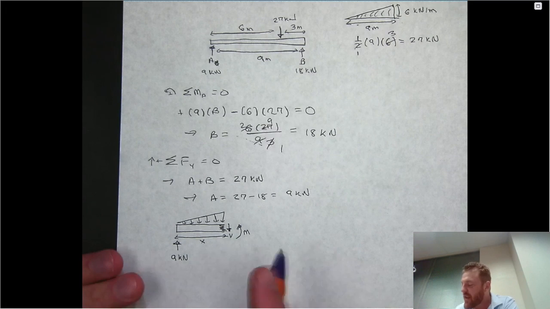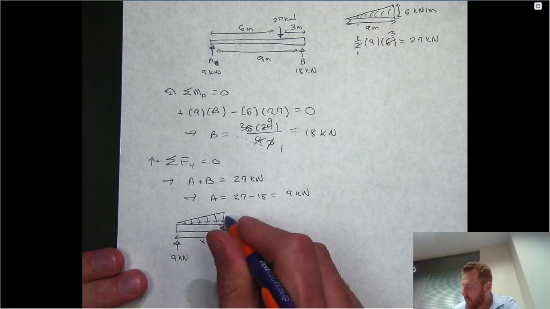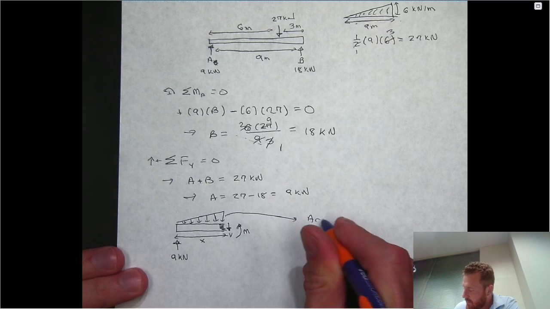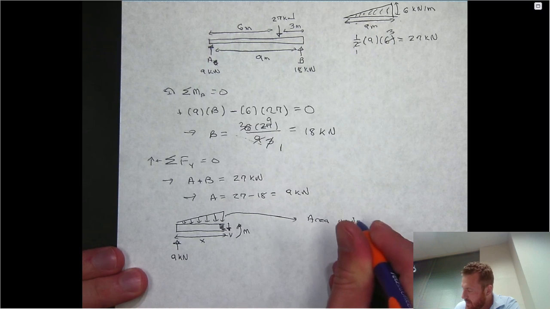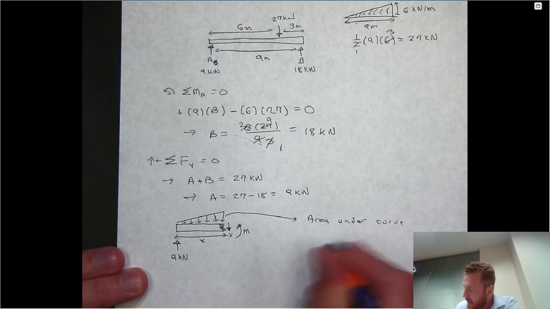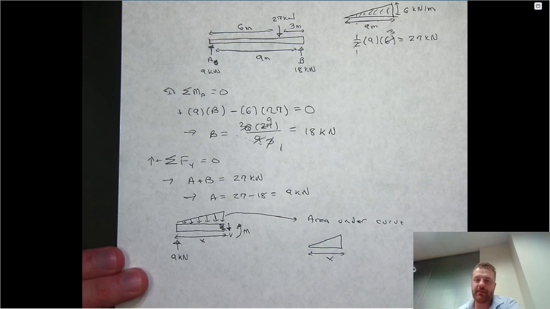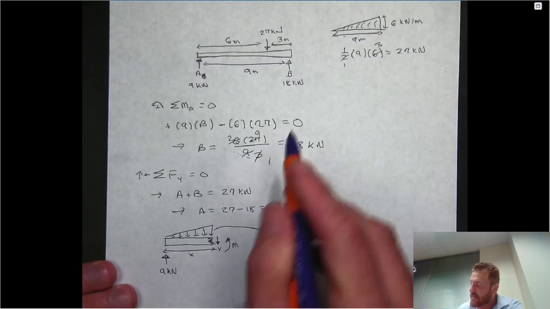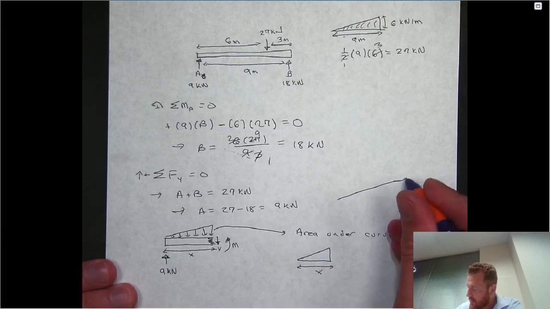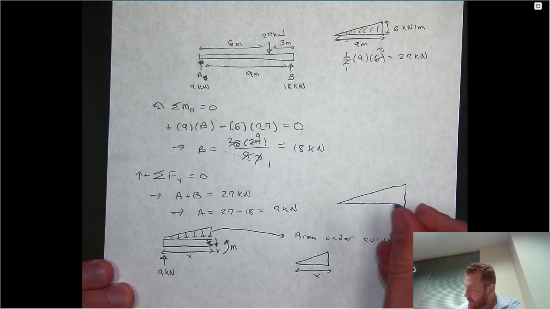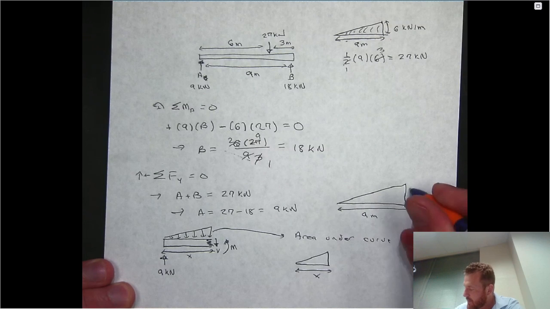Because if you think about it, if you're trying to calculate the area under this curve, what is the area under the curve? Well, it always helps to just start drawing and say, hey, do I have the information that I need? Well, you know that this base is going to be x units long. But the question is, what is the height going to be? Well, remember, if this entire distributed load over a 9-meter span, so this is 9 meters, has a peak value of 6 kilonewtons per meter,